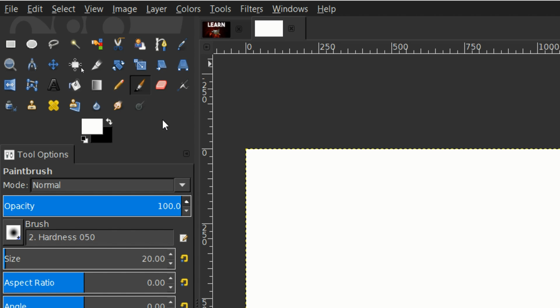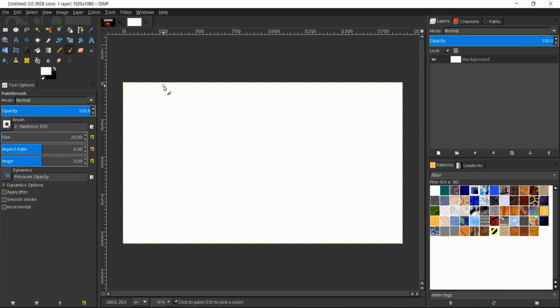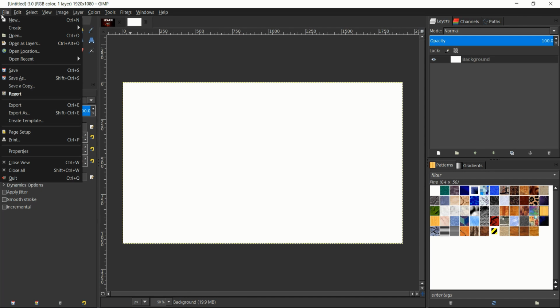So we'll try to spend a good portion of the rest of this video going over some of these basic tools. But before we do that, let's go ahead and import an image into this document so that we can start editing it. Now before we do that, let's talk a little bit about how GIMP documents work and importing an image into GIMP. So if we were to go up to the File menu, and save this document, it's